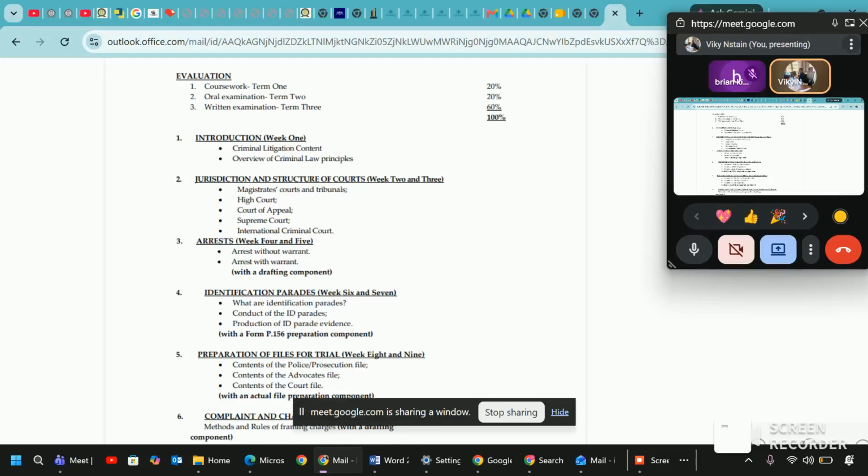So what will you draft whenever you are encountered with a situation where you have been told that you are acting on behalf of a certain police officer who wants to apply for these warrants? So you will approach court through a chamber summons being brought under Section 102 of the Criminal Procedure Code and the inherent jurisdiction of the court, where you say that take notice that the accused or applicant shall apply for orders that